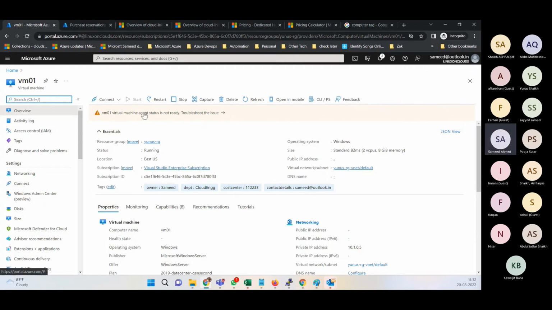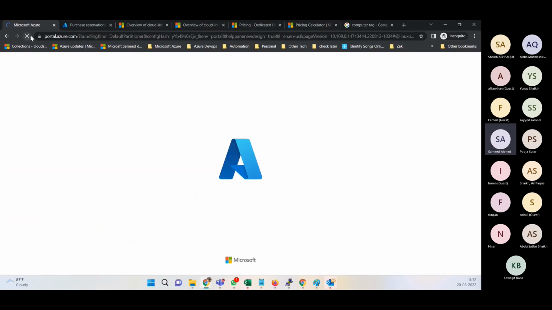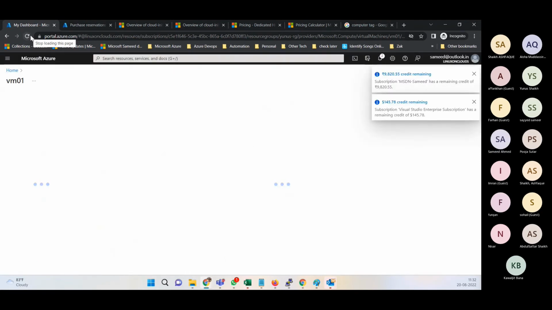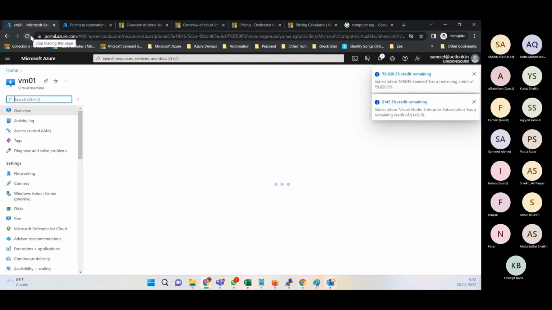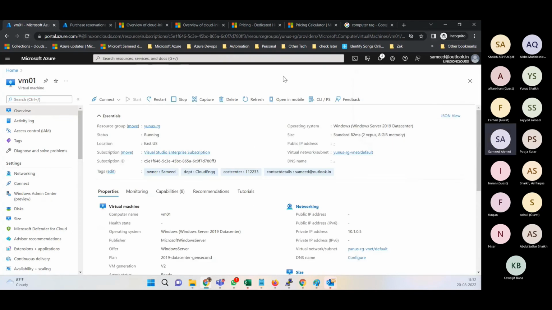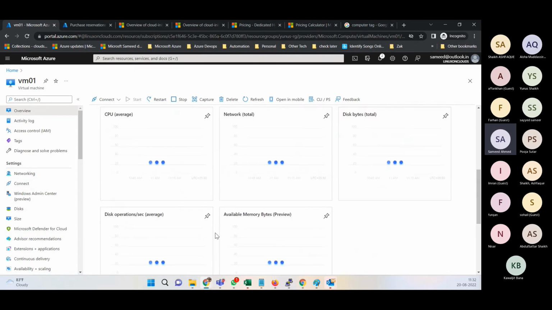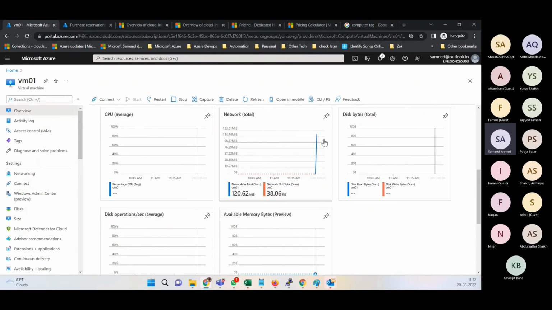The virtual machine agent is in not ready status. Why is this not ready? Let me refresh. It should be ready in a few minutes. Right, it's ready. Now, if you see here in the monitoring section, CPU utilization, memory utilization,